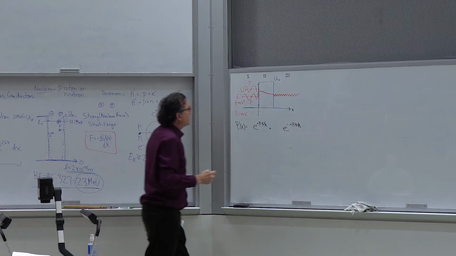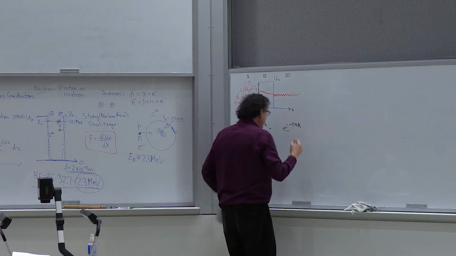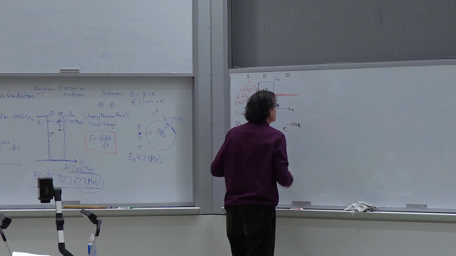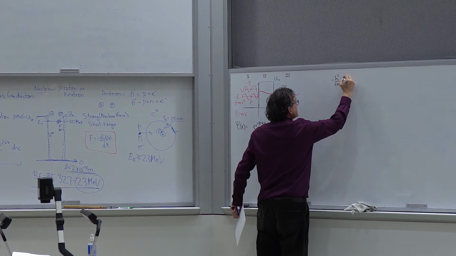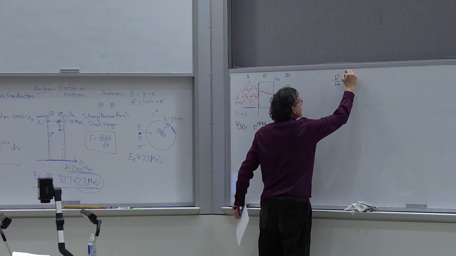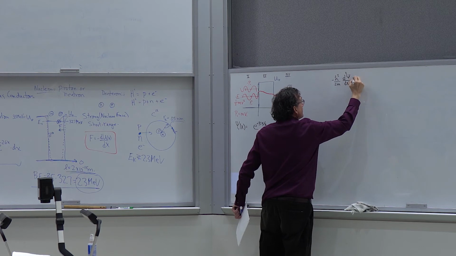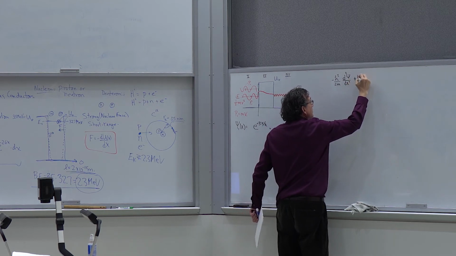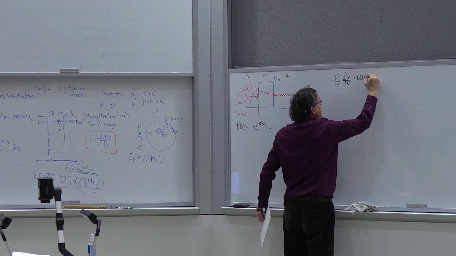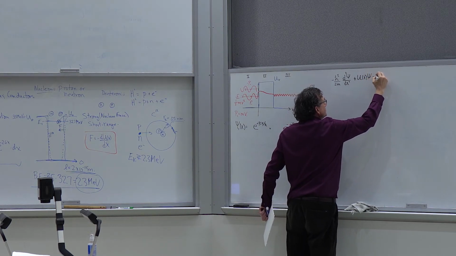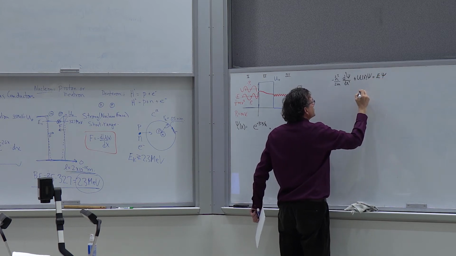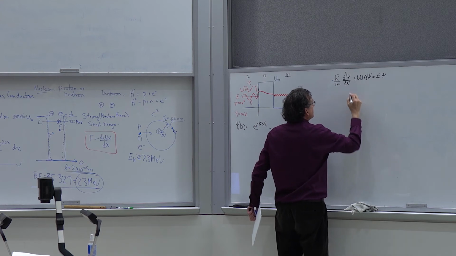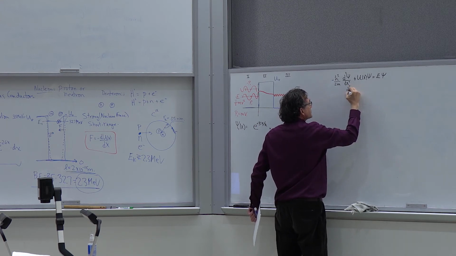Okay, so now we need coefficients. Now, by the way, the Schrodinger equation is the same as before. Nothing's really changed here, so I can write minus h bar squared over 2m times the second derivative of psi with respect to x, plus U of x times psi equals E times psi. E is the total energy. I can also write this as the second derivative of psi with respect to x